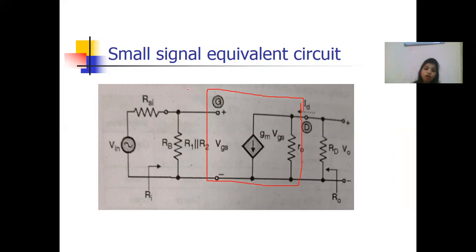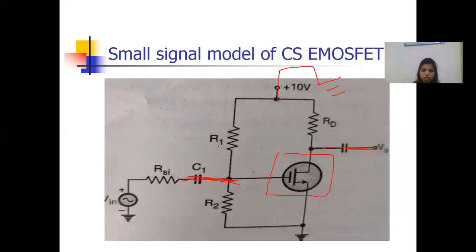Now we'll check what is at the gate, what is at the source, what is at the drain, because this is fixed for this symbol. Now see this diagram. This is your gate. This is connected to ground, and this is also connected to ground. Resistance R1 is connected to ground, R2 is also connected to ground. What I am doing, I am crossing this and connecting it here, R1. And now these two are parallel, so I can cross this and write R1 parallel R2.